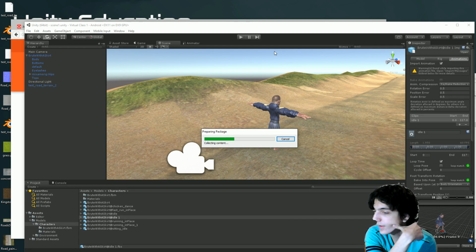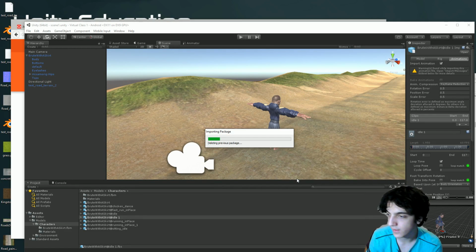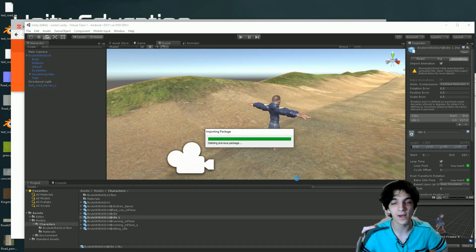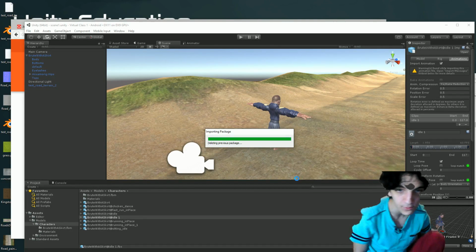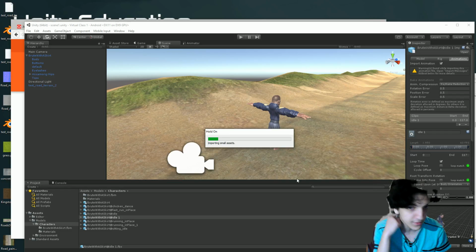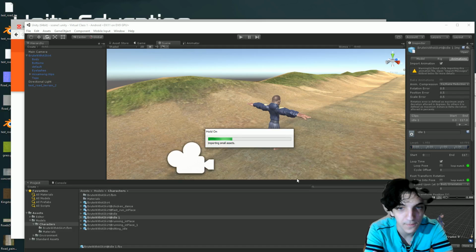Now, there's always a decision that a developer makes when they're making any kind of game, especially if they're making something in VR. Are we going to do third person? Are we going to do first person? I generally prefer first person, but just because this character is so funny looking, I want to use third person. So the camera is going to be kind of behind him. It's going to look a lot like Temple Run. Maybe we're not going to have turns and so many crazy things because we're doing this on a little bit of a short schedule, but